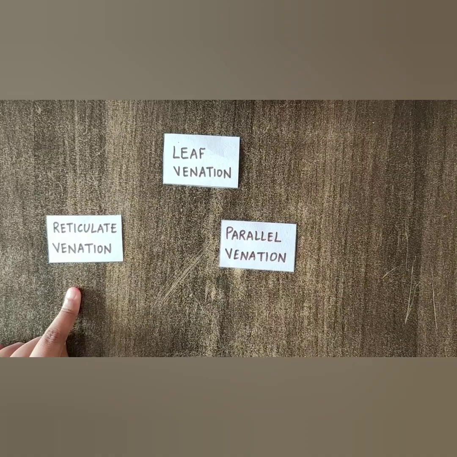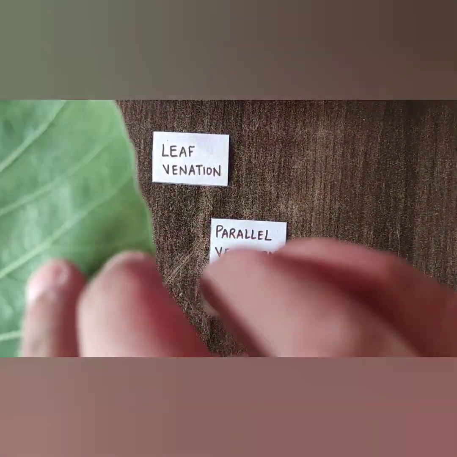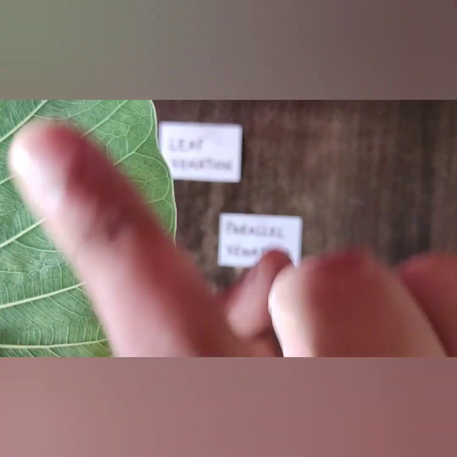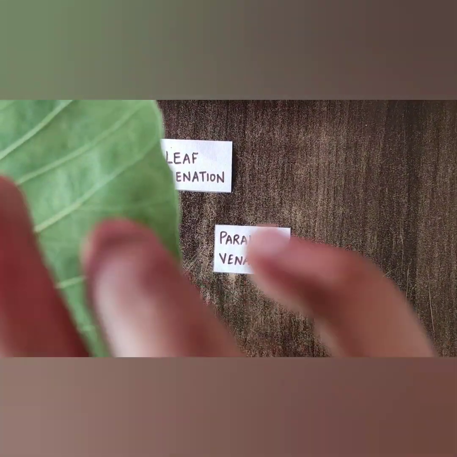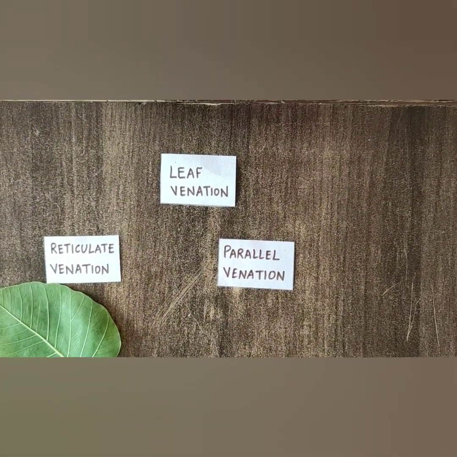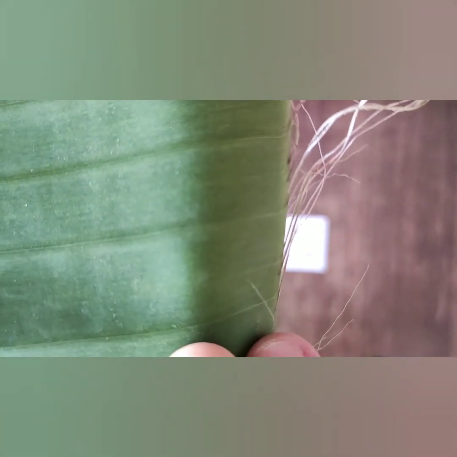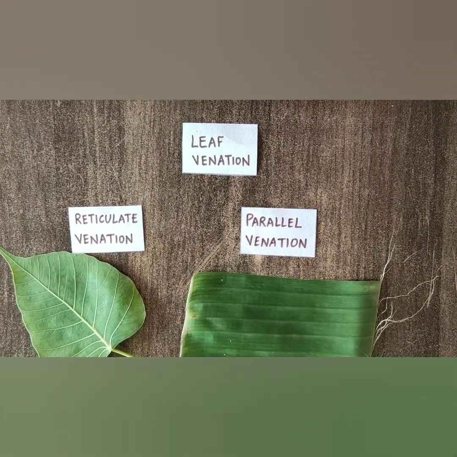Reticulate venation is just like a net pattern, okay? In this leaf, can you see the net-like branches coming out from the veins? This is like a net pattern, and this is known as reticulate venation, right? And this is parallel venation. Can you see the simple, straight lines going out like this? Straight lines, there is no branch inside it. So this is parallel venation. So these are the two types of venation.